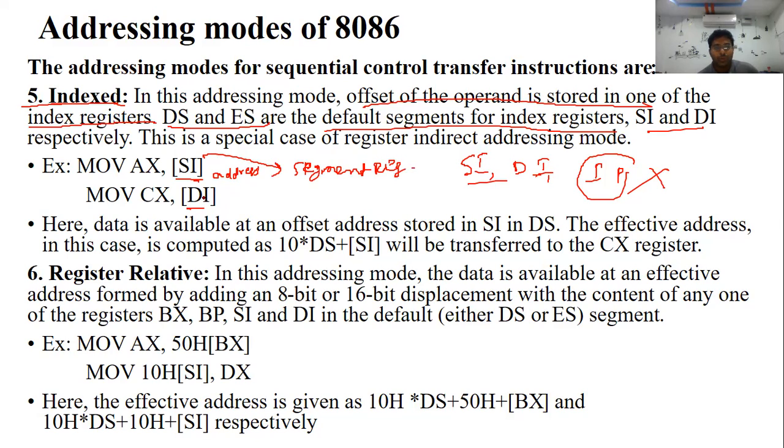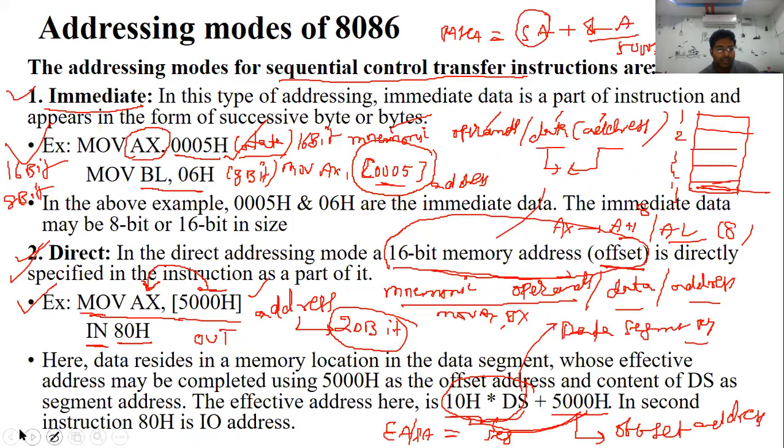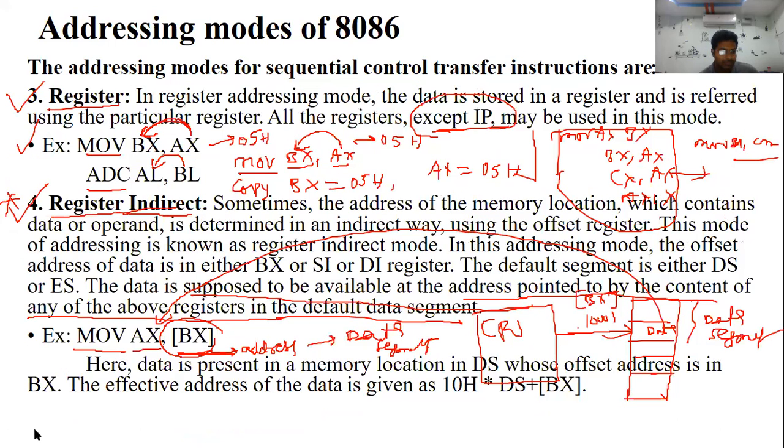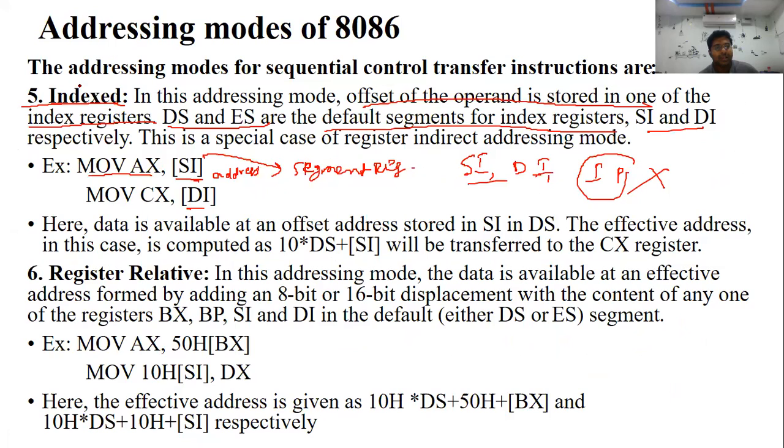Do you understand this? It is very simple, do not confuse it. Here, for the AX, BX, CX, DX registers, the default segment register is the data segment register. In this instruction, you can call it the indexed addressing mode. Indexed addressing mode simply means that in the instruction itself we are representing the source index register or destination index register.